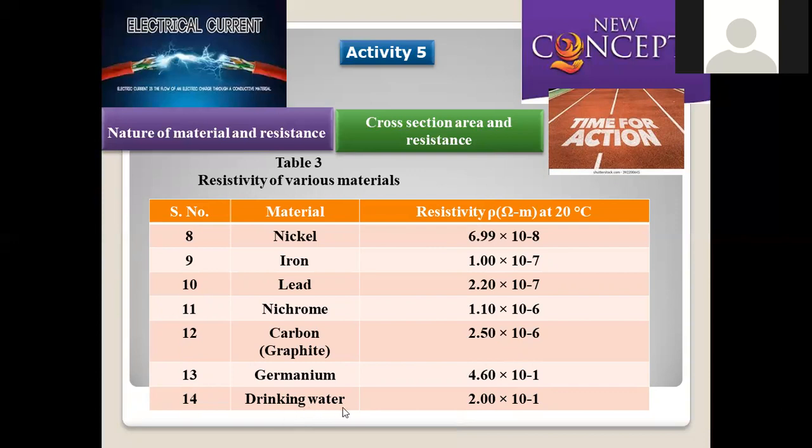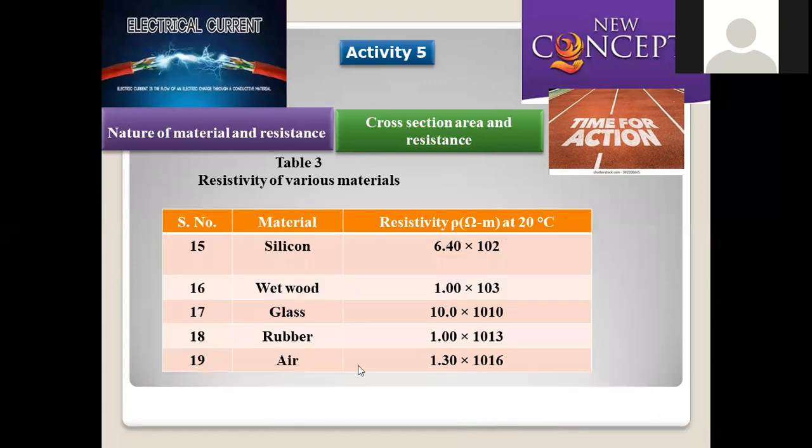And the drinking water. Drinking water is added with some suitable requisite minerals. That's the reason its conductance will be there. When you go with pure deionized water, its conductivity will be extremely low. There is a distinction between normal drinking water and deionized water. Drinking water is a water sample with the requisite mineral addition. That's the reason its conductance will be higher. So here the resistivity value will be lower, 2 x 10^-1. That's why it will be a good conductor only.